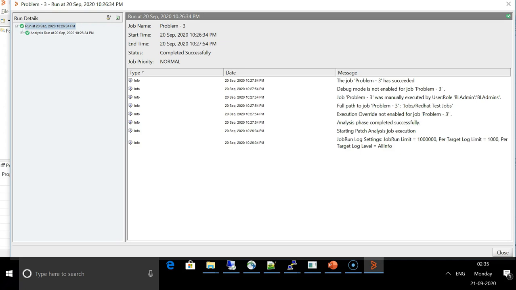So we can see that it is solving two problems. The by package name only option is improving the performance, plus if there are multiple versions of a particular RPM being reported, it is fixing this problem as well. So this was all about the by package name only option. We recommend using that option because it is improving the performance of the patch analysis job, and in case you want only one version of a particular RPM being reported, this option is useful there as well.